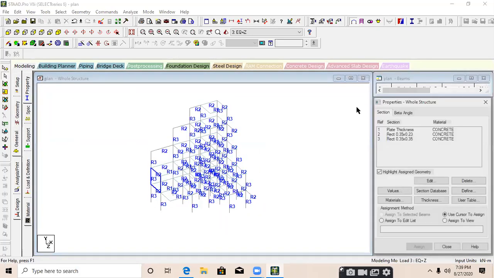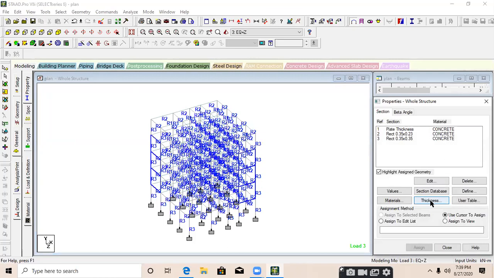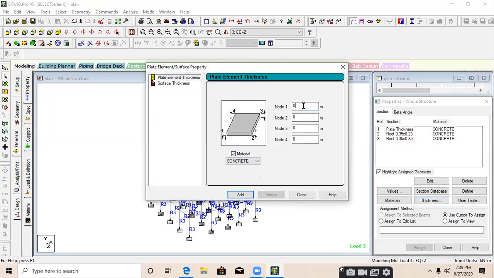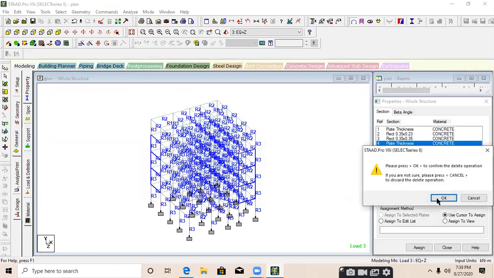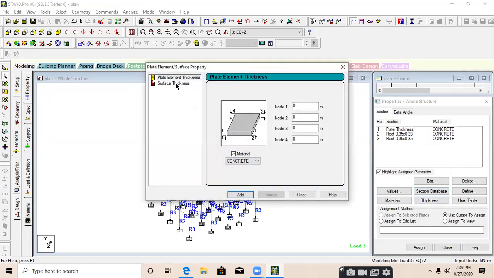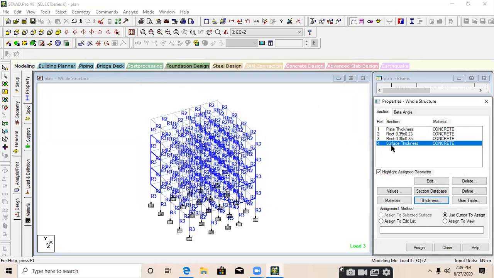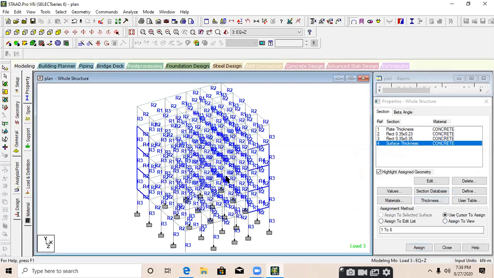Go to General, Property and Thickness for the thickness of the shear wall. I am providing 0.15 thickness for the shear wall. Go to Add and Close. Select that property. Go to the thickness and select surface thickness over here first. Select a surface thickness and provide a thickness of 0.15 meter. Then select that particular surface thickness. Go to the Assign, view, assign, and yes. Look at this. We have assigned all the